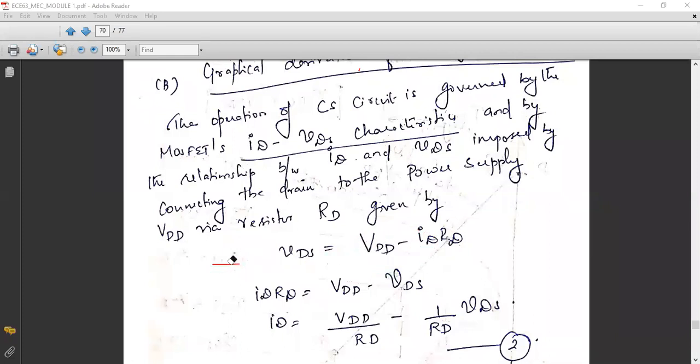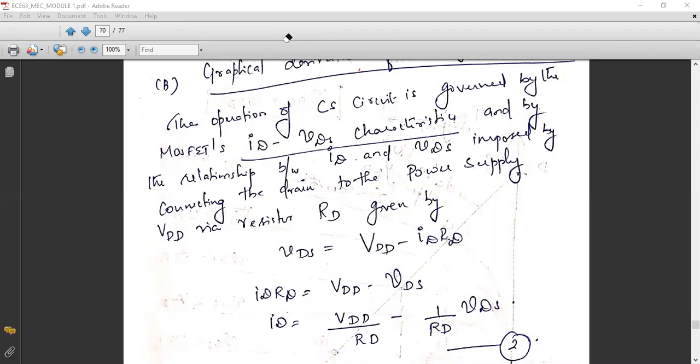Now, after rearranging this equation, IDRD can be written as VDD minus VDS. Please take down, write the equation for your output voltage and then rearrange. That is IDRD is equal to VDD minus VDS. Why have I taken IDRD to the left hand side? Because I'm trying to plot the drain curve. You know what the drain curve is? In the x-axis we are plotting VDS and in the y-axis we are plotting ID. So you have to find the effect on drain current due to the variations in output voltage VDS. So for that only I have taken IDRD to the left hand side. Clear, students? Output current versus output voltage.